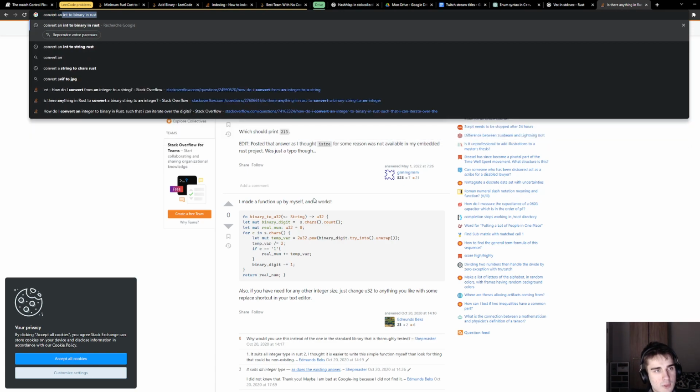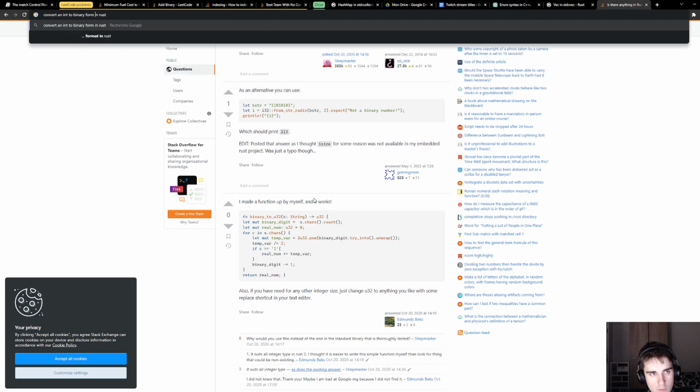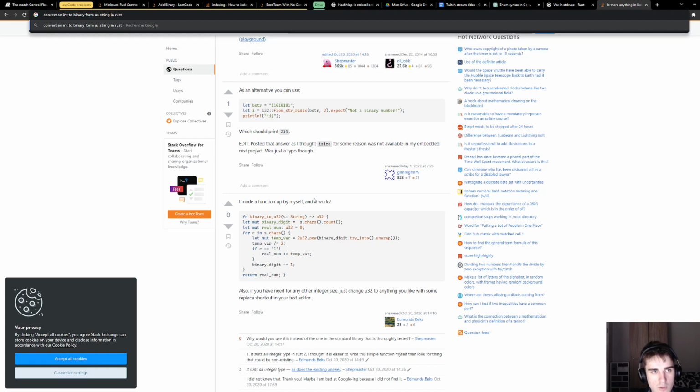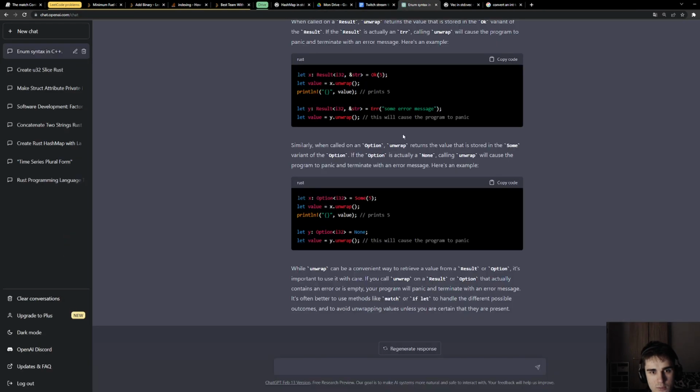Convert an int to string in binary form as string in Rust. Maybe actually I should just ask ChatGPT.